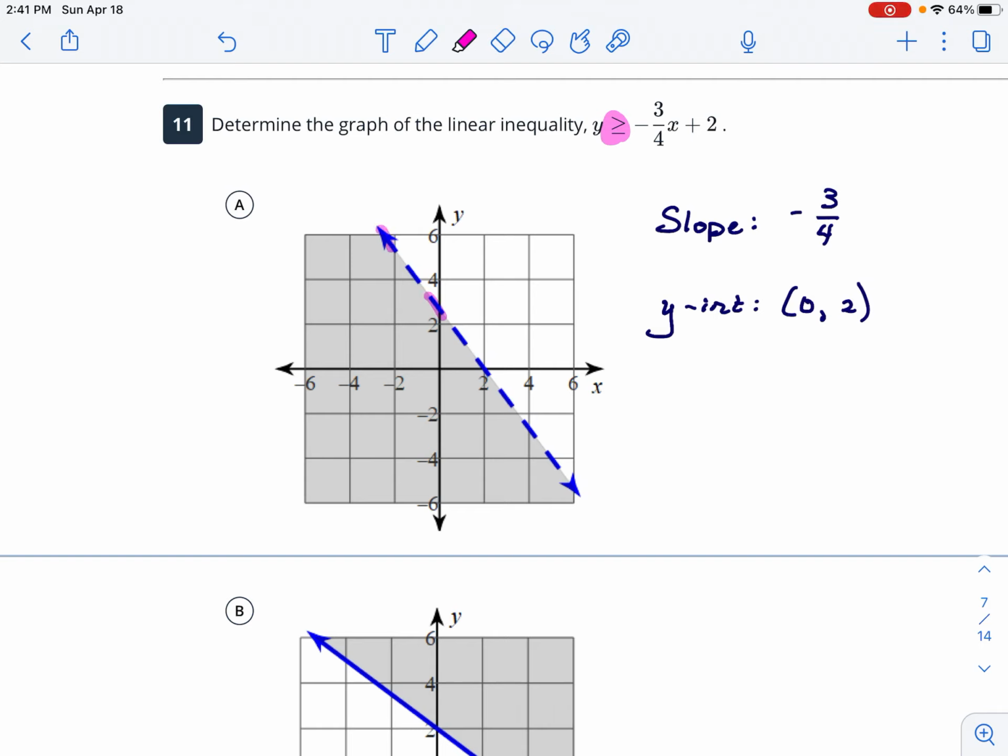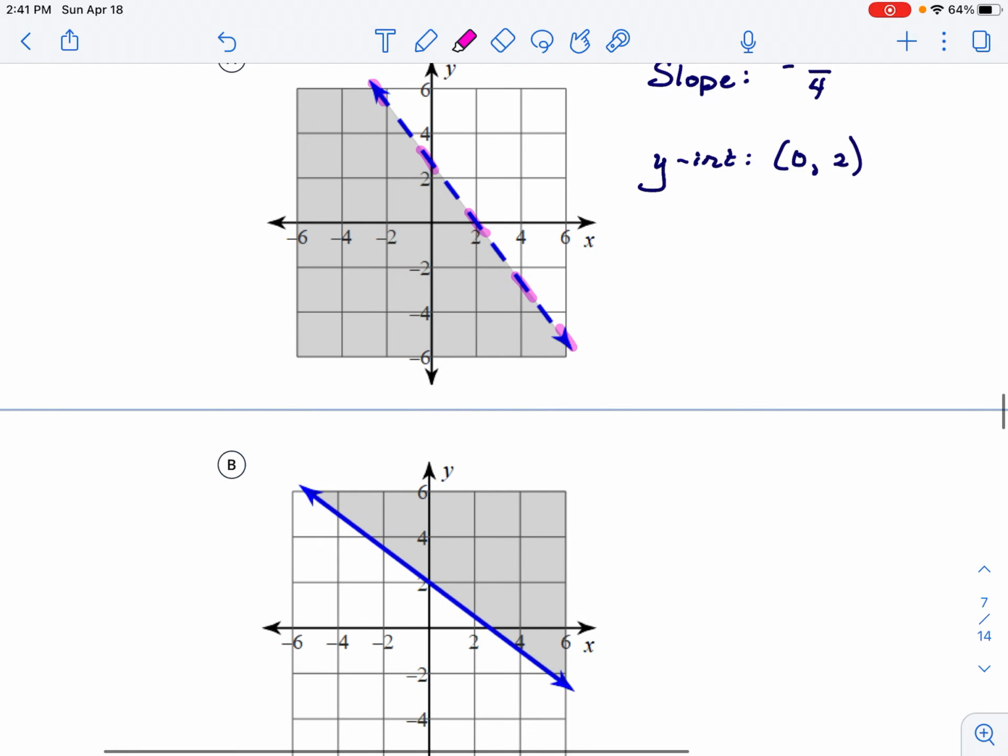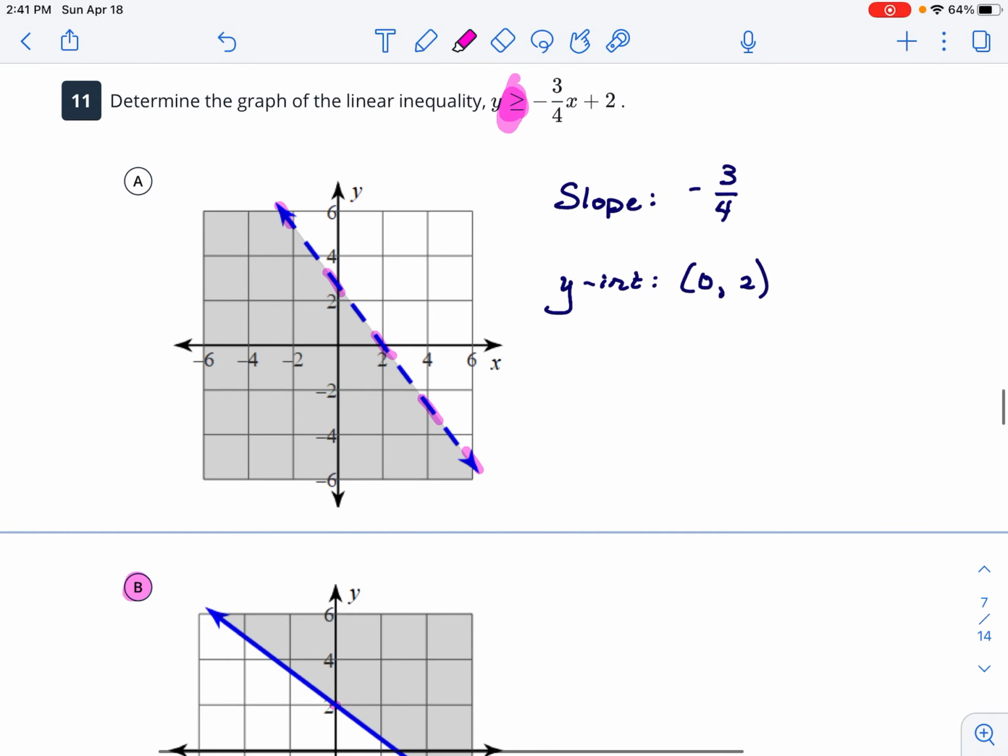A is a dashed graph. This one is not supposed to be dashed because it says or equal to. It should have been B, a decreasing graph with a y-intercept of 2 with a solid line all shaded above it. So that should have been your number 11. I'll throw number 12 on the next